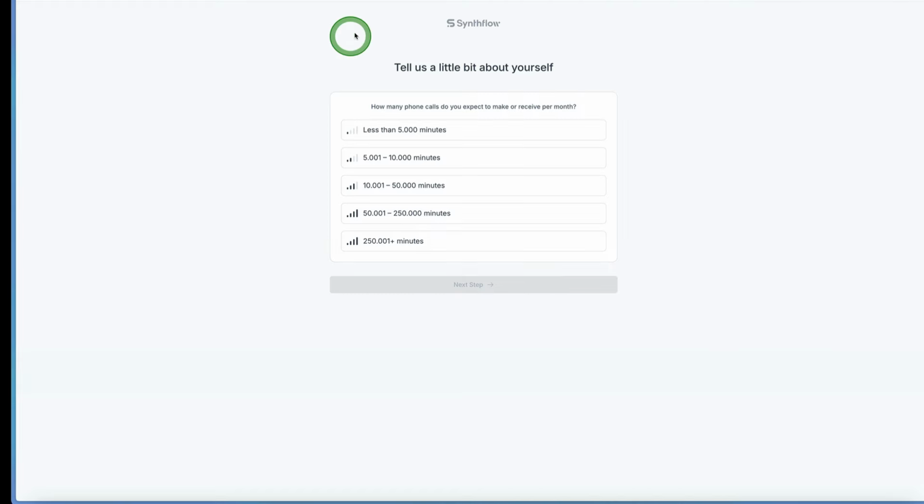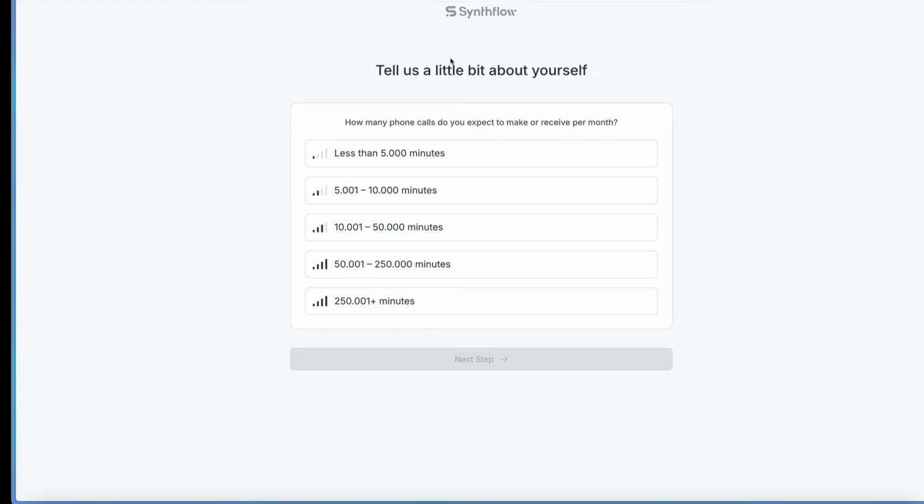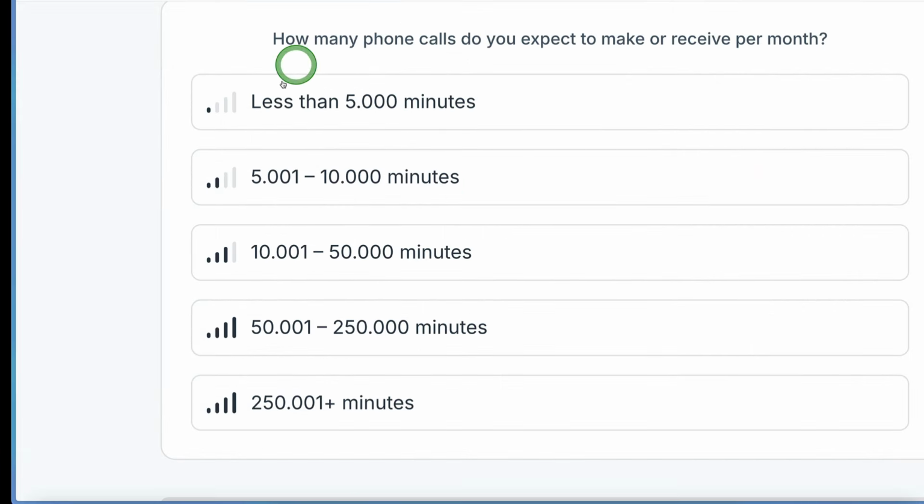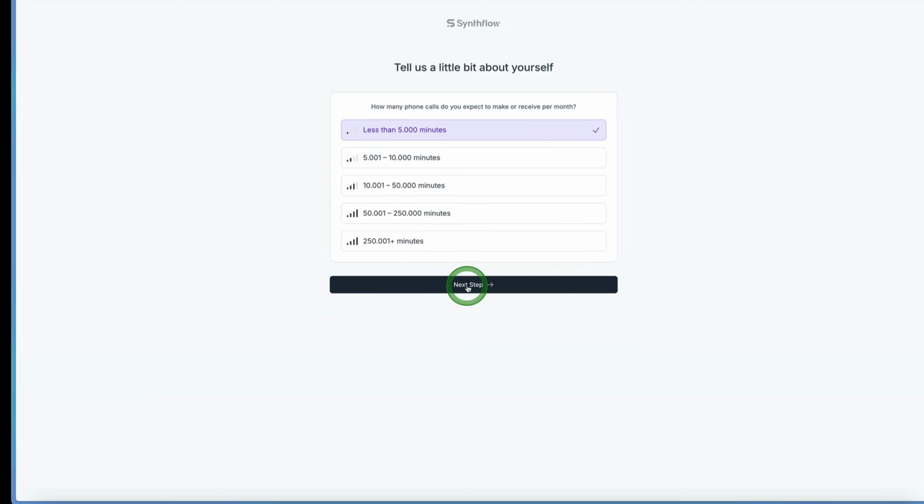So now it says, tell us a little bit about yourself. So how many phone calls do you expect to make or receive a month? So if you've got less than 5 minutes, you can go ahead and select that. Or if you're doing 5 to 10 minutes of phone calls, or if you're going to do even more than that, you just select whichever one, depending on how many people you think will call this AI agent to give you more information for your business. You'll go ahead and select how long you think they will be on the phone call for. So I'll go ahead and say less than 5 minutes here,